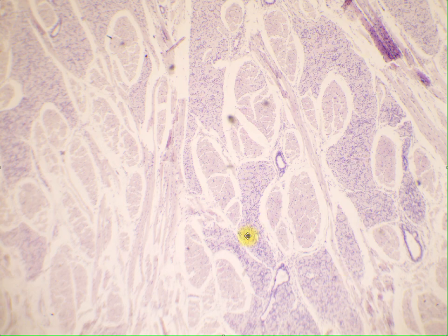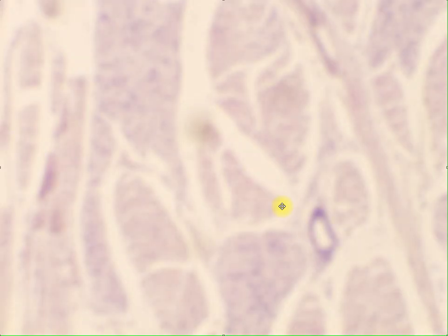These other areas are your glandular type of epithelium. So we will focus on the skeletal muscle tissue. So let's increase the magnification. And here